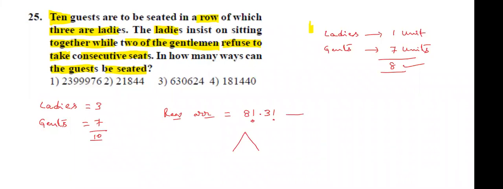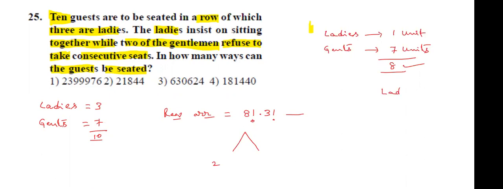Minus, here we are getting 2 cases. 2 gents sit together, cannot sit together. So what I am doing, two gents sit together, I am going to subtract. Remaining all two gents cannot sit together, we get. But here, two gents to sit together means